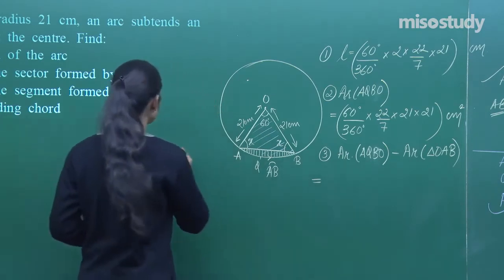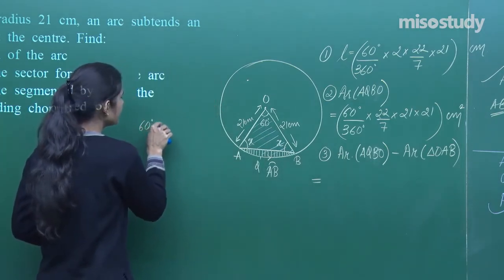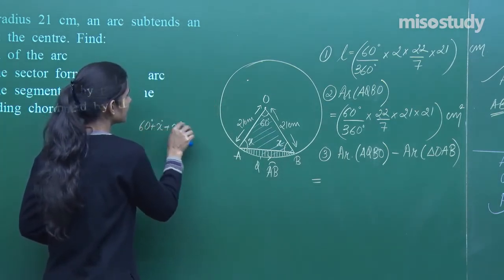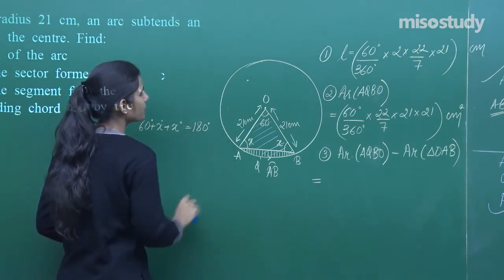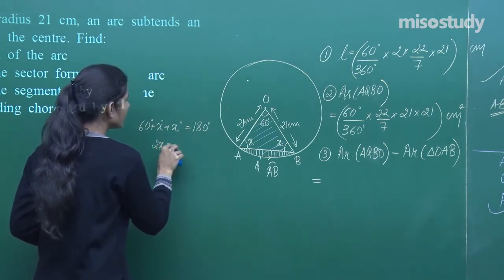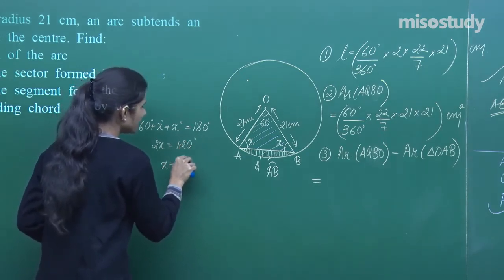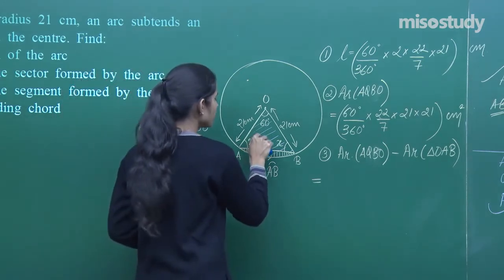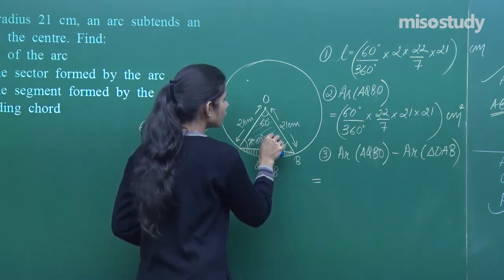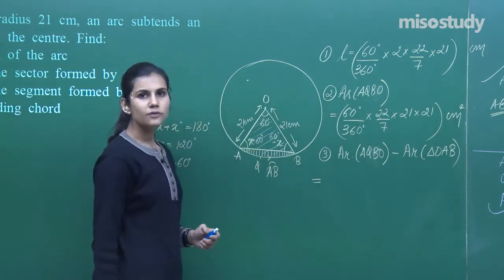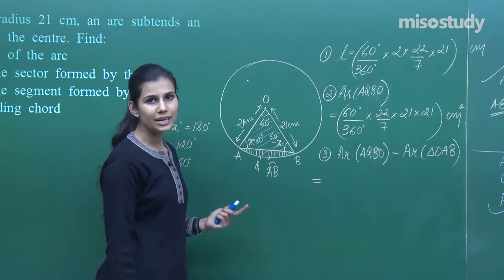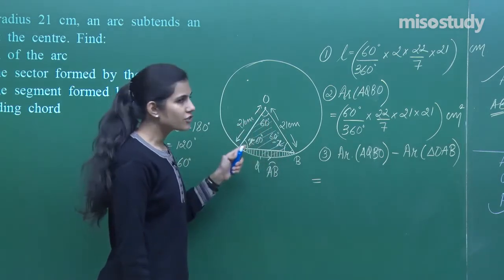By angle sum property, I can say 60 degrees plus 2x is 180 by angle sum property of this triangle. So, we will have 2x equals 180 minus 60 which is 120. So, x will be 60 degrees. So, this is also 60 degrees, this is also 60 degrees. A triangle in which each angle is of 60 degrees is an equilateral triangle, and equilateral triangle's area we can